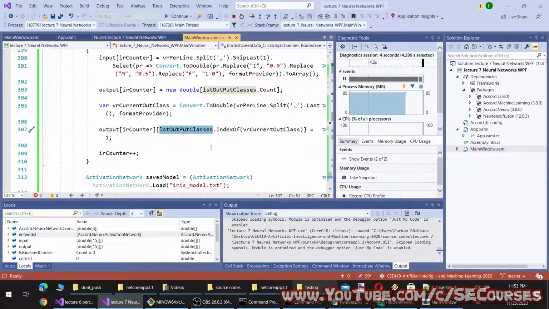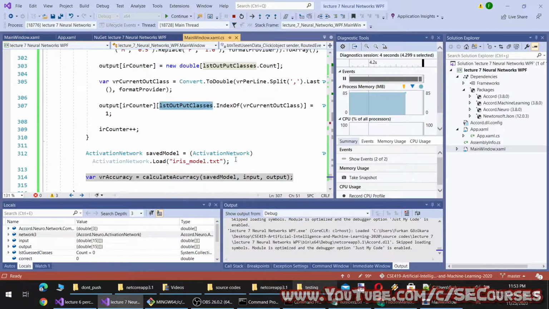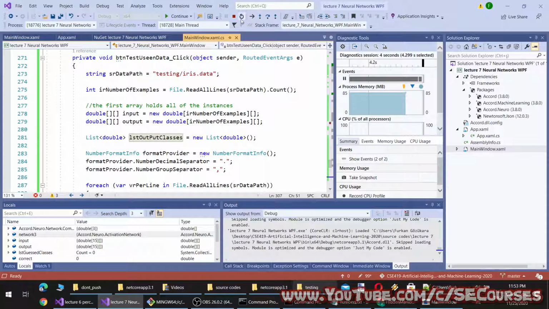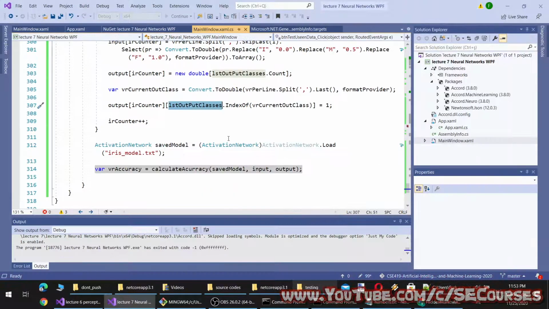Yeah, here LSD output classes. So these output classes need to be provided to the accuracy data as well.